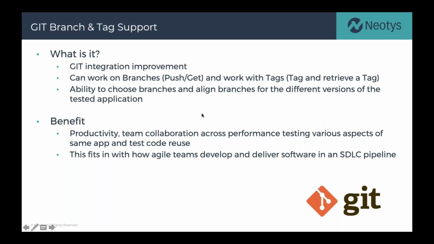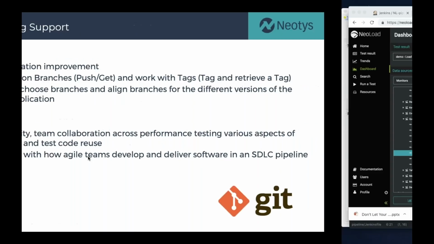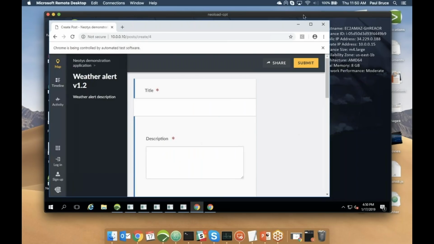This really helps when people are experimenting with different load tests and they want to go off on a branch and tweak some things, change some things around. They're not quite sure they want to commit it to the main line, particularly a main line or a master branch that's used in continuous integration. So in this case, we're able to do that, and the easy way to show that would be over on